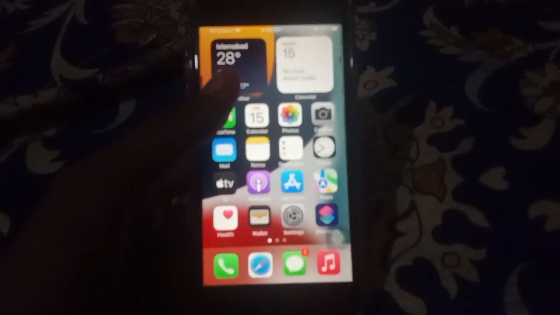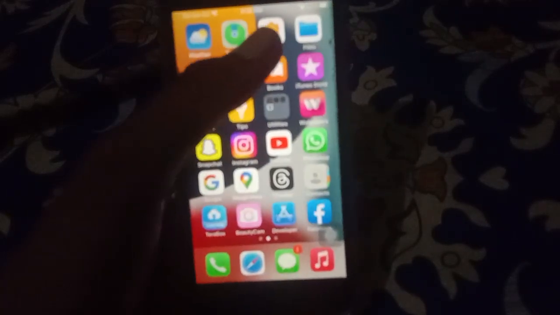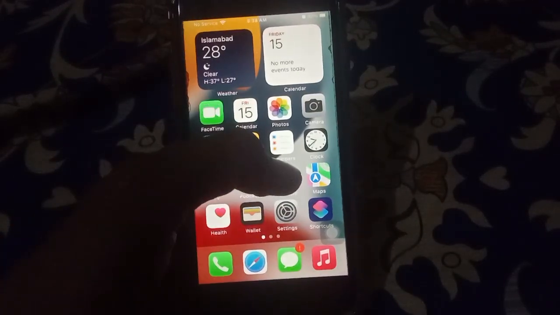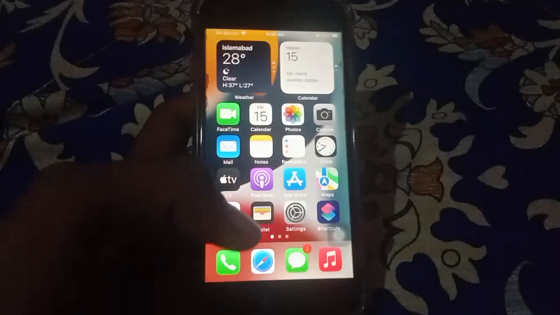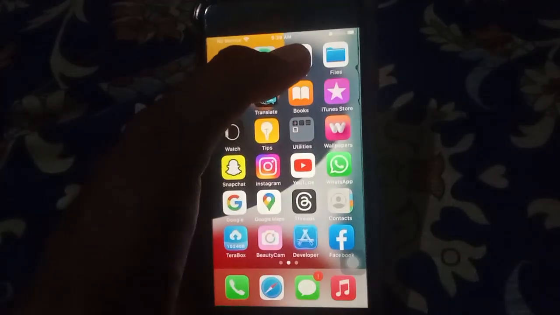The fourth solution: check for updates. For example, if the Home app is not working, open the App Store and search whether an update for the Home app is available for your iPhone, and then update it. This should fix the issue. If this solution is not working, then the fifth solution: